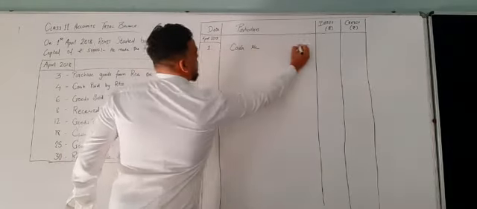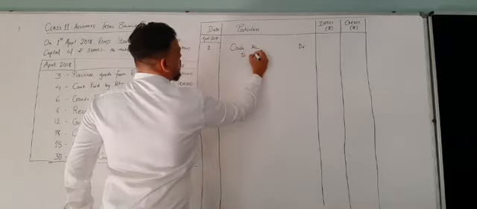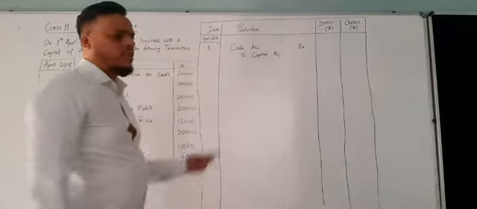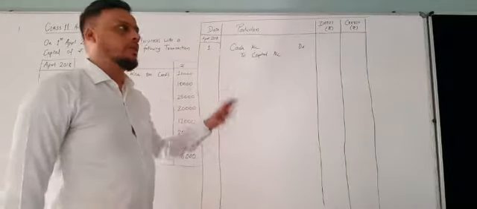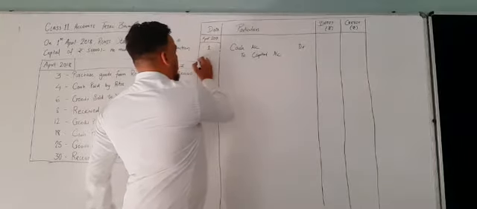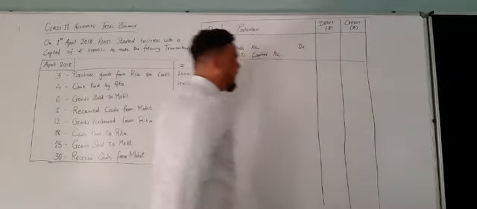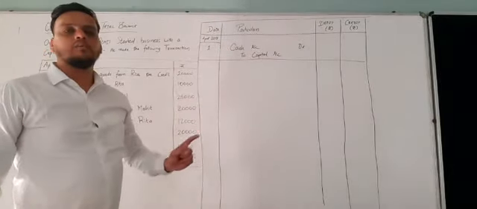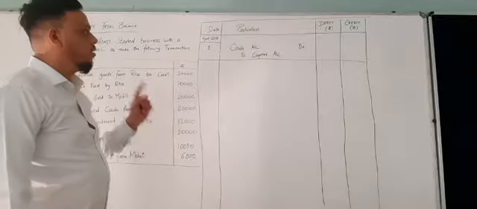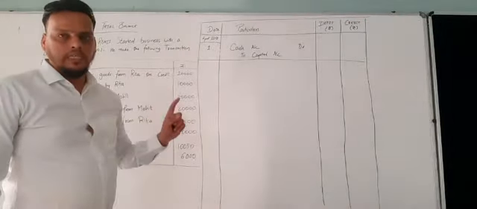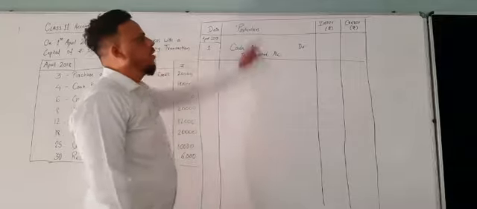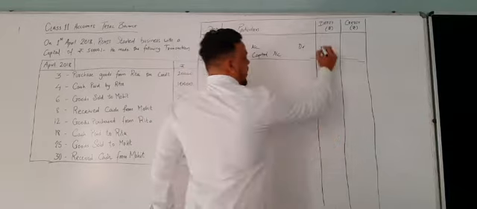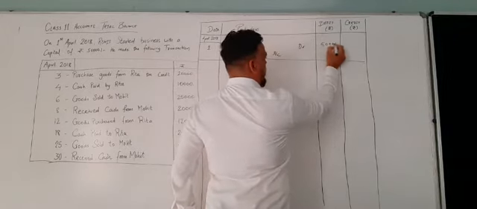Cash account debit to capital account. Cash has been introduced and cash is the base of a business. As I already said, I will not write any bin. First thing you have to write on the top: journal entries in the books of Rohit as on 2018. So make sure that this is written on the top, and then in this first transaction the amount of 50,000 has to be mentioned. So I am writing 50,000.